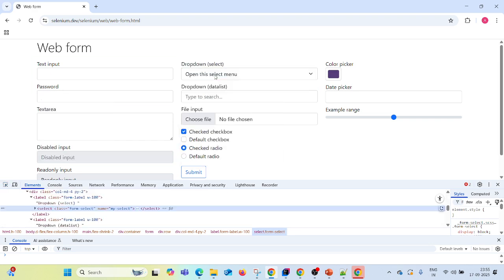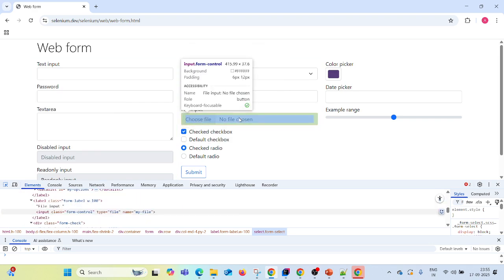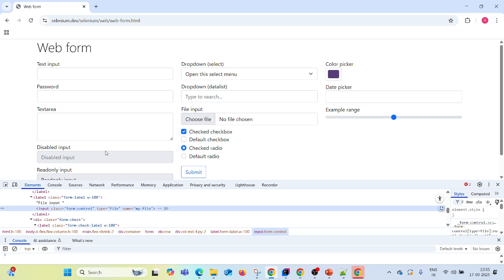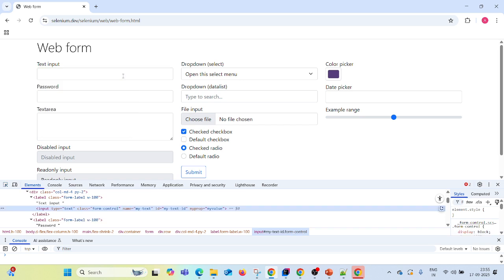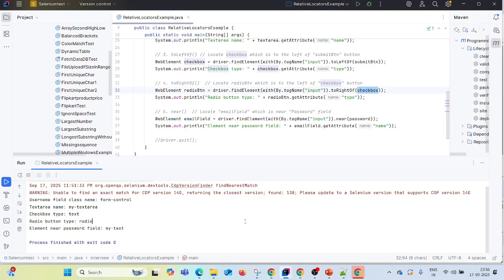Nearby password, which one will it be? Okay, it is my file. My text. See, my text. So basically, nearby, it is taking the above one. Anything nearby, it can consider. So it is my text, that means this input field. Okay guys, so that's how the relative locators work,